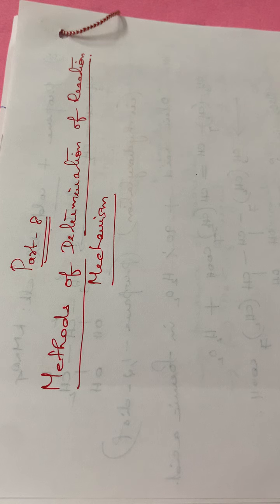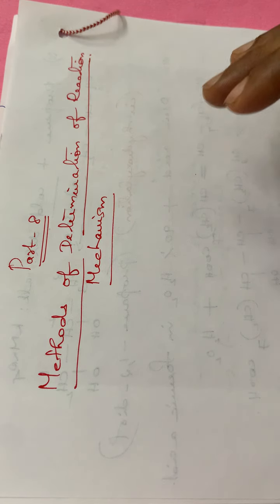We are writing that the reaction will be proceeding in such a way, and we will be having one carbocation intermediate, and then in the next step the nucleophile will be attacking. Like that we will be writing the different steps. So how we are determining the reaction mechanism, that is what is discussed in this video.